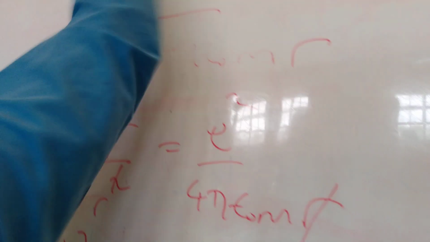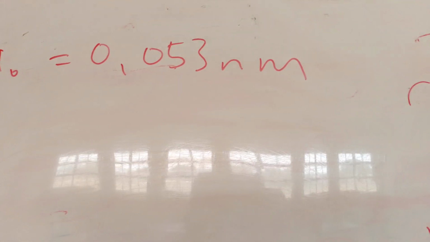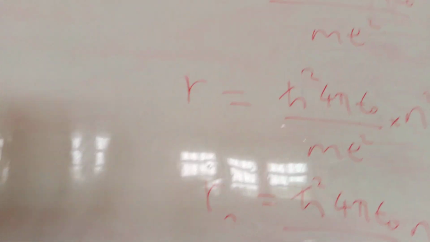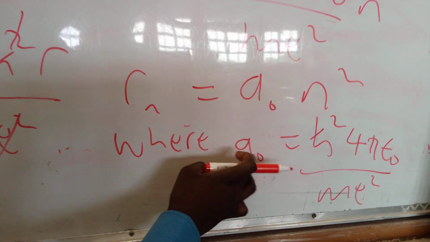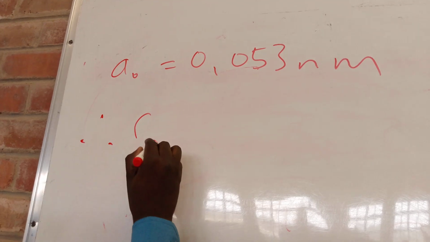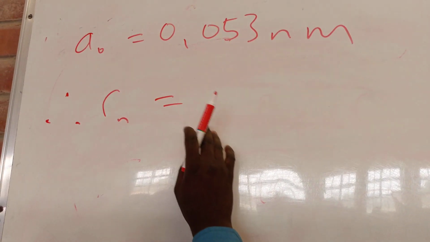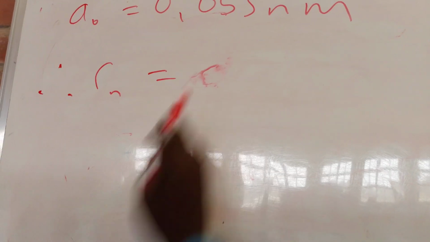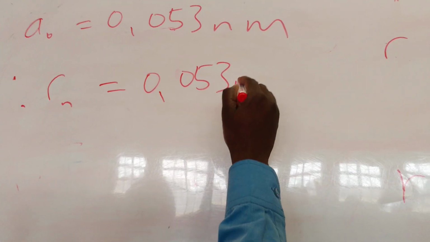So a naught is equal to 0.053 nanometers. If you calculate very well the value of h bar squared 4 pi epsilon naught over m e squared, using the mass of an electron and the electronic charge, if you calculate properly, you should get this value. Therefore, the allowed radii would be equal to 0.053 nanometers